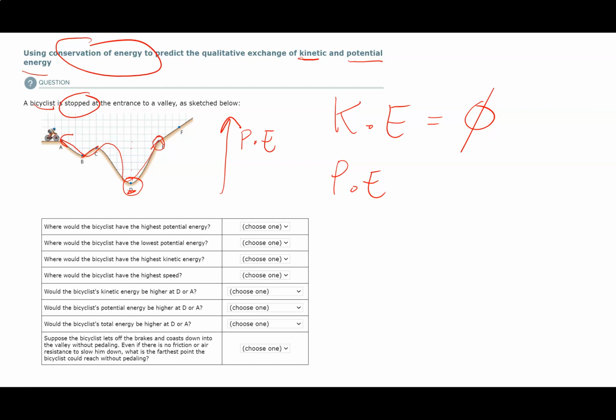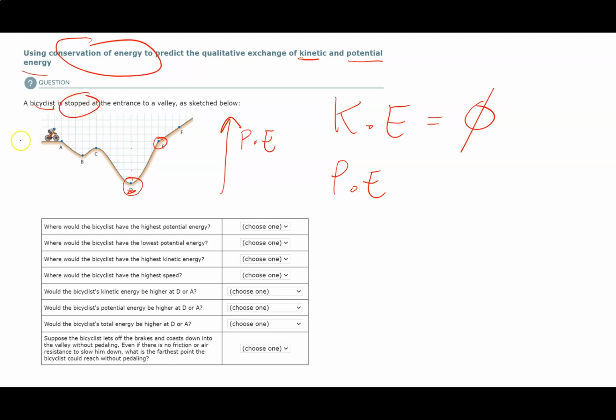Now, in this system, we're assuming that there's no friction or any other forms of energy other than kinetic energy and potential energy. So these guys would just keep rolling backwards and forwards, backwards and forwards, backwards and forwards, right? So the highest point they can get to is where they started. You can't get higher because they start with no kinetic energy.